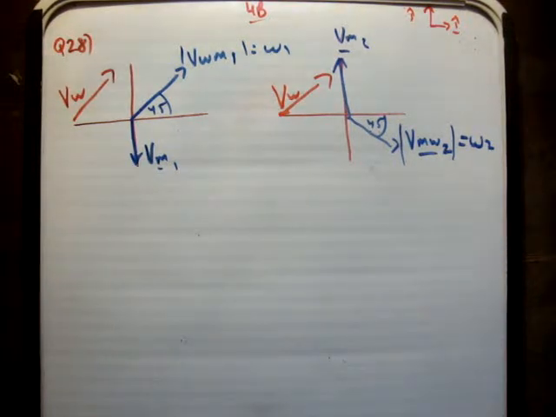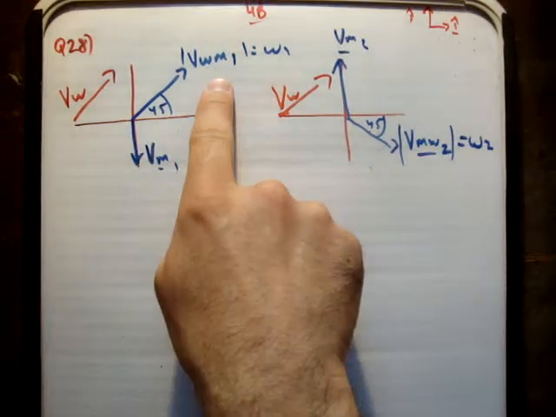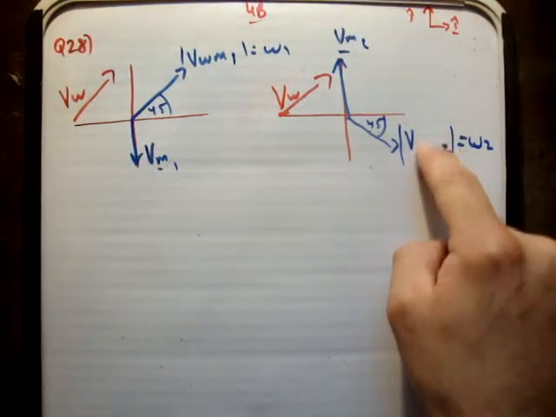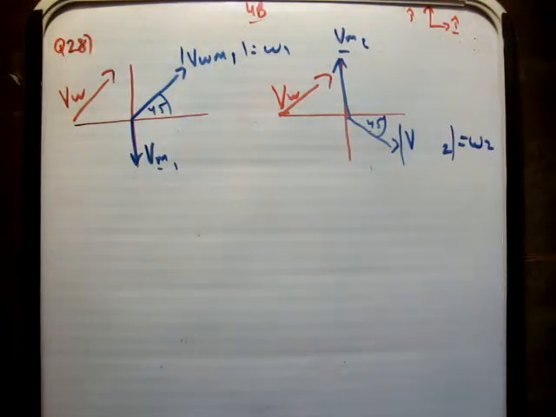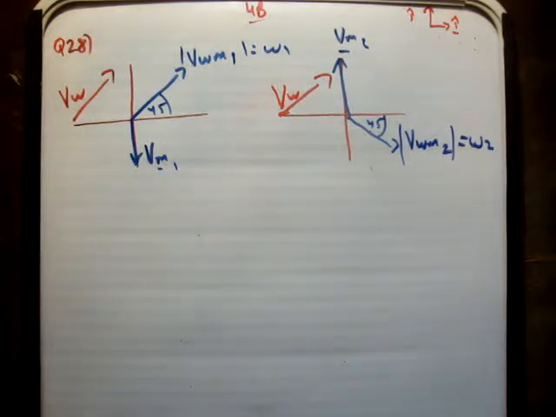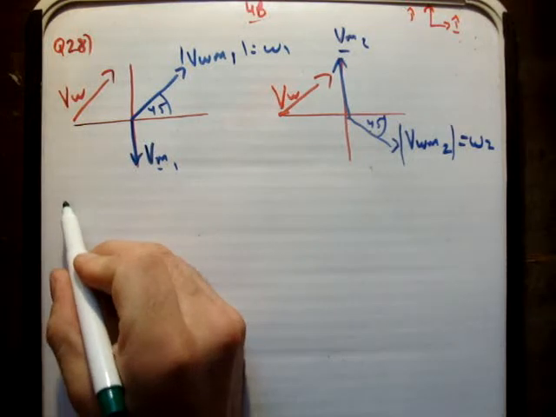The other thing to notice, of course, is that VWM1 and VWM2, their magnitudes are not necessarily the same, because obviously depending on how the man is moving, he can perceive the new wind velocity to be different. So I'm just going to call them for the moment W1 and W2. So we know, of course, that